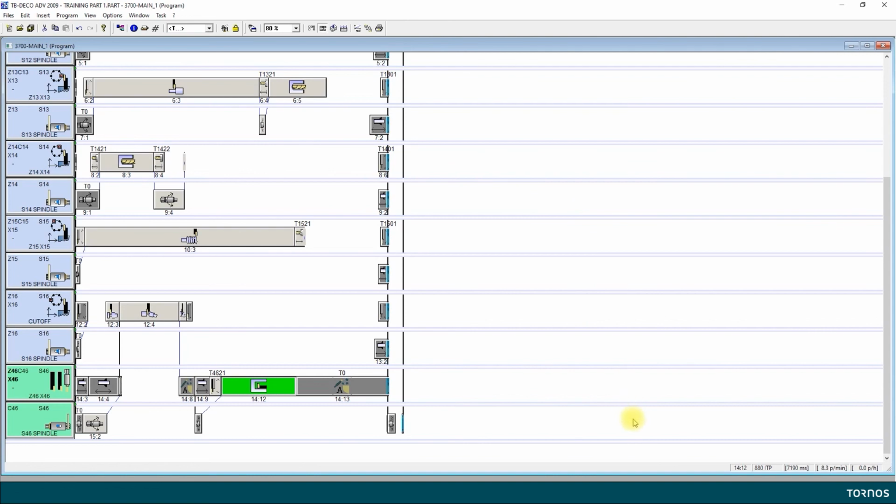And then I can see here my cycle time is 7.1 seconds, 7,190 milliseconds, and 8.3 parts per minute. So we will try to optimize this, and we will do that in the next video. We'll go through different small tips and tricks and see how we can optimize our production and make it go faster without having to increase our feeds and things like that. So we'll try to see where we can gain time on the unproductive moves. And this will be the topic of the next video.